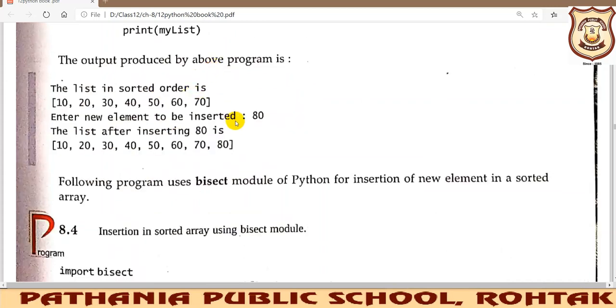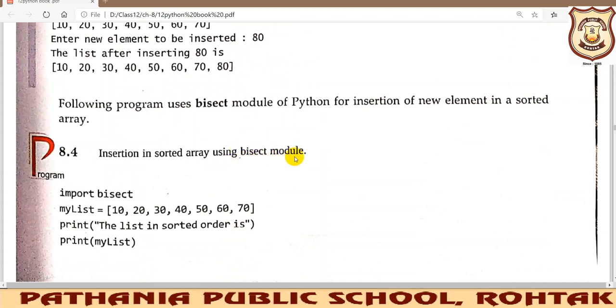So now instead of this we can try the bisect module program to implement the insertion in your sorted array. It becomes very easy when the array is sorted and we are using the bisect module. The length of the program is less, and also it is not at the cost of the efficiency of the program. It will not be expensive at all. It will be an easy task for a computer as well to maintain.